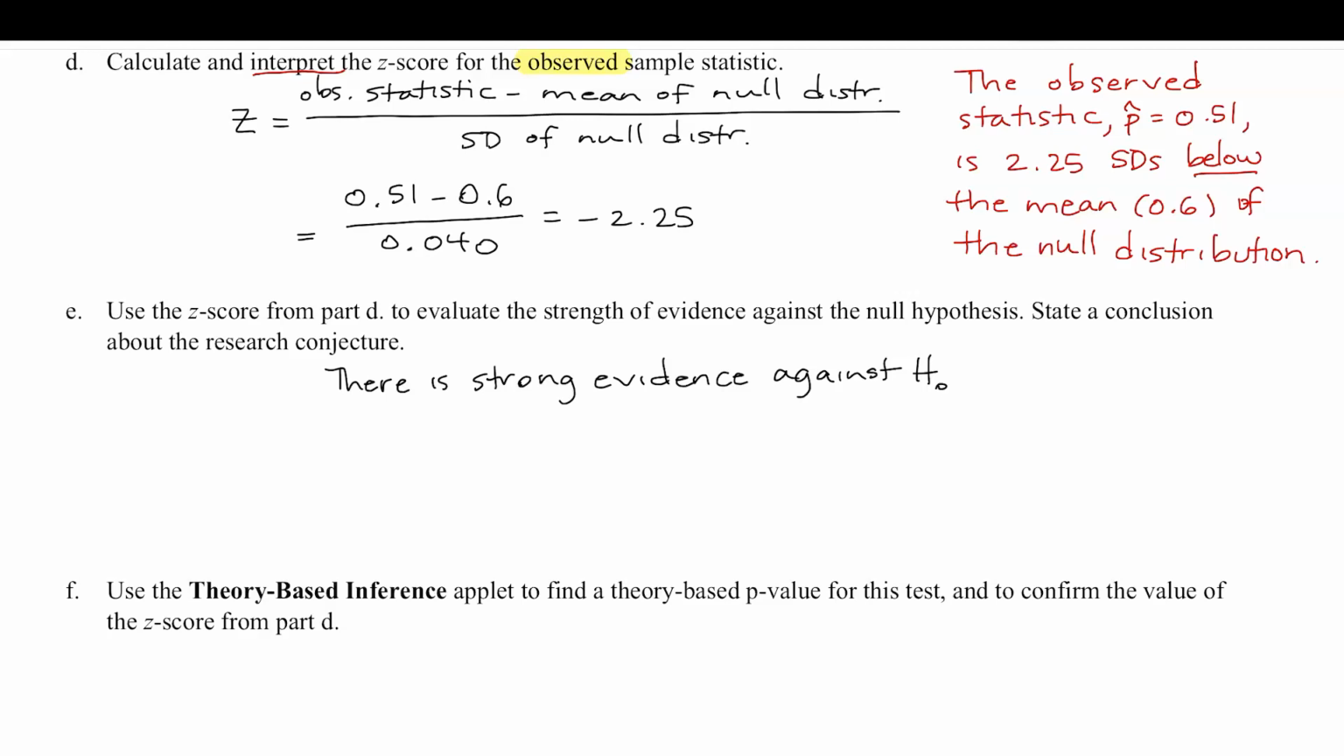So that's what I call the initial conclusion, evaluating the strength of evidence against the null hypothesis. Then we're also asked to state a conclusion about the research conjecture. The conjecture, generally the alternative hypothesis, is whether the proportion of all students that live in the dorms is different than 0.6. And so if we have strong evidence against H0, that means we have strong evidence for the alternative HA. So we could say there is strong evidence